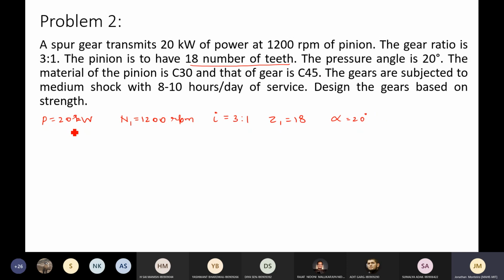So what are the things not given? One thing I've noticed, the diameter is not given. Only the number of teeth is given, so you have to design based on strength, and you'll have to stop there itself. Again, the diameter is not given in this problem. In the previous problem, both were not given, so we had to take the help of a table. Now the number of teeth is given, but the diameter is not given. It will proceed the same way as the previous problem. So let us go to that particular table, table 12.7.